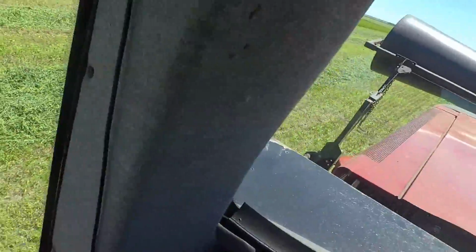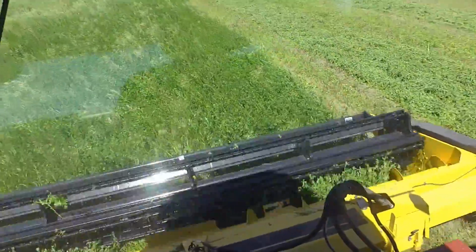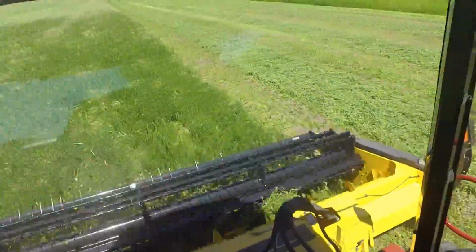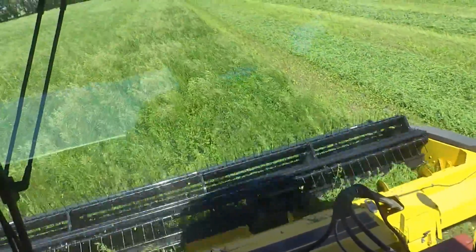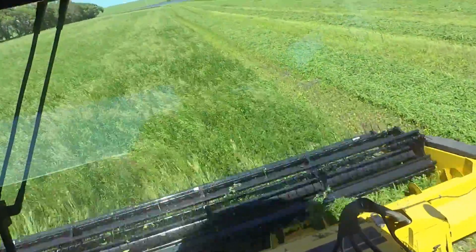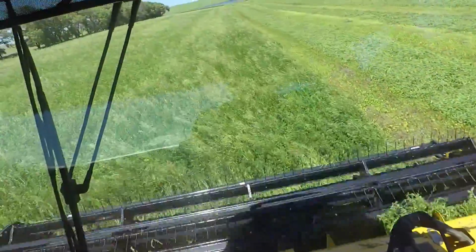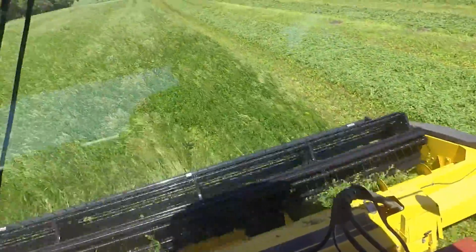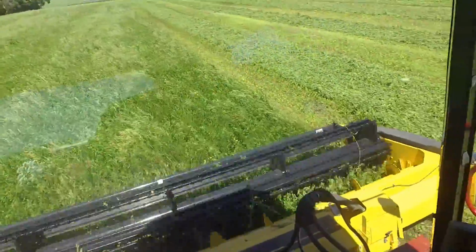Cutting okay. Height-wise, I was trying to get pretty short cut, but not too terrible. Don't want to dig in dirt. Yeah, I did up the reel speed a little bit, one turn. It's on the low speed pulley right now, so one adjustment turn of that is 4 RPM, so bumped it up a little bit faster, and